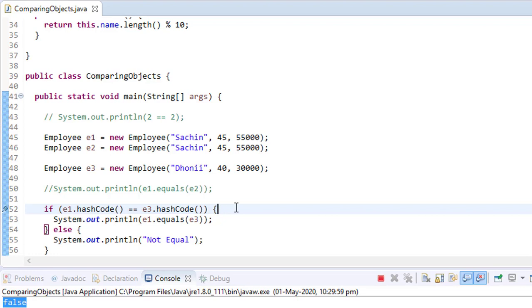So you should check equality only if their hash code is the same, right? The ideal way is that whenever you implement equals, always implement hashCode so that you can check equality in a better way. Now, in Java we also have HashSet and HashMap,